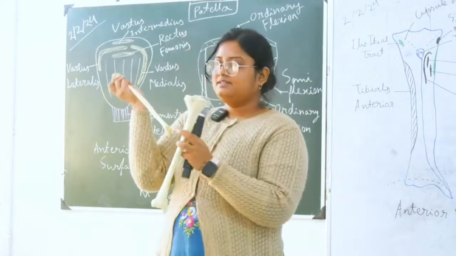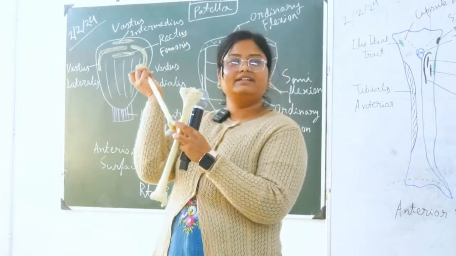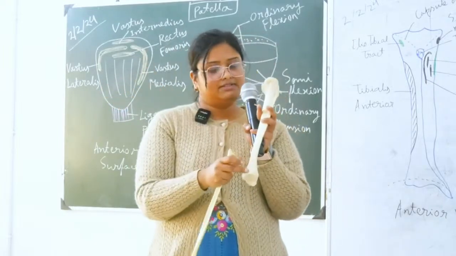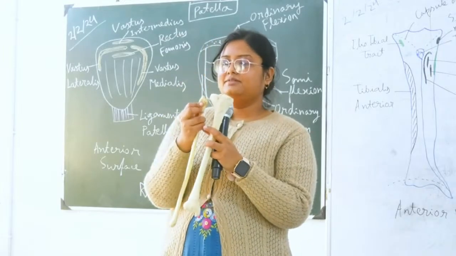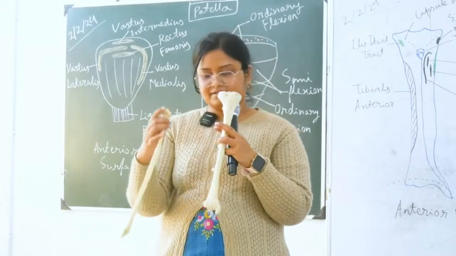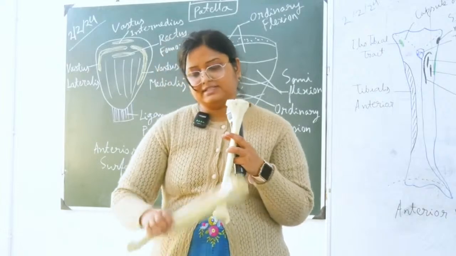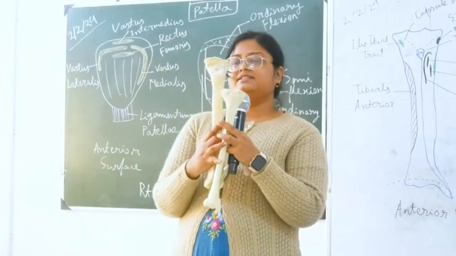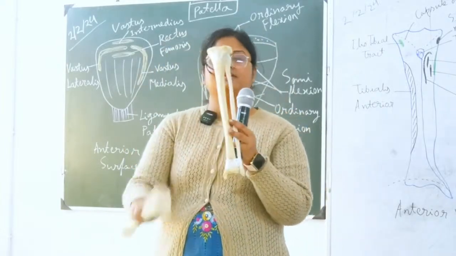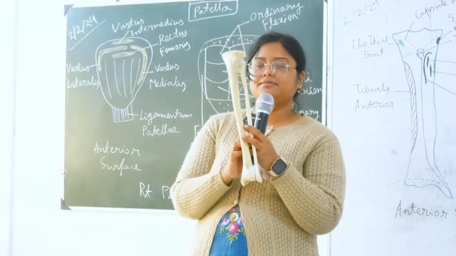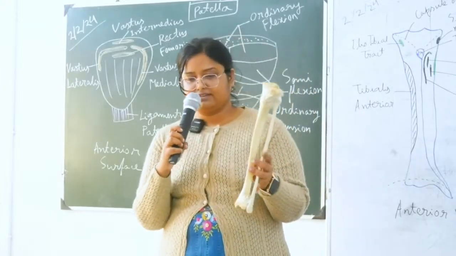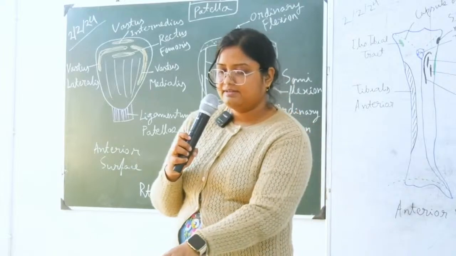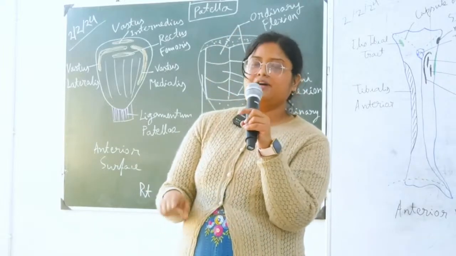Okay, and this triangular flat area will articulate with the triangular depression at the lower end. So that will be the articulation between tibia and fibula. In this bone it has been articulated. This is tibia and fibula of left side. Understood? Okay, if you want to come and see